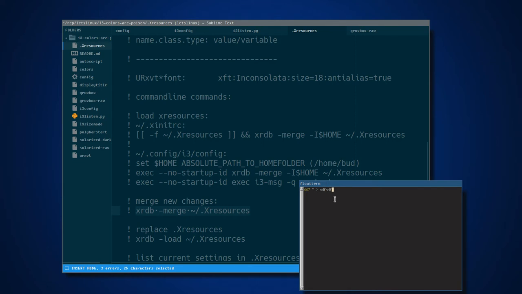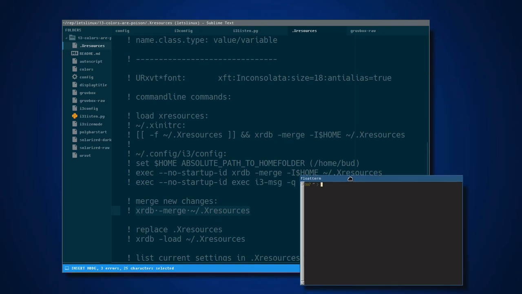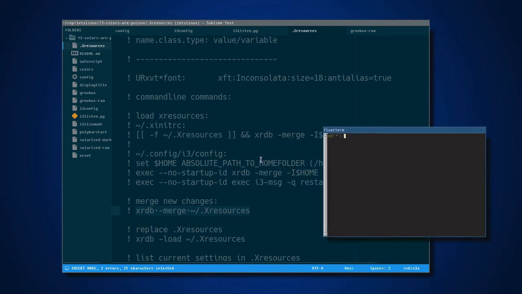But the font is really small here. It's not good for a video. So let's fix that also. I have actually prepared it here a bit, but a good way to find fonts, because you have to enter the fonts in this Xresources file in a special way, type fc-list, then a pipe symbol, because we're making a pipe, to grep, and then search for the font you want. I want